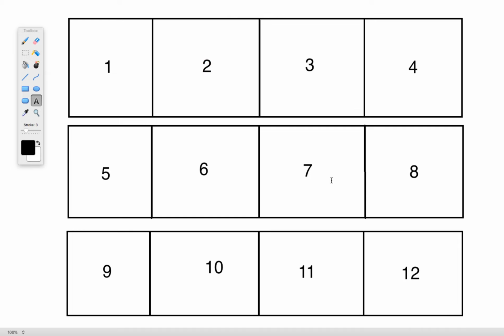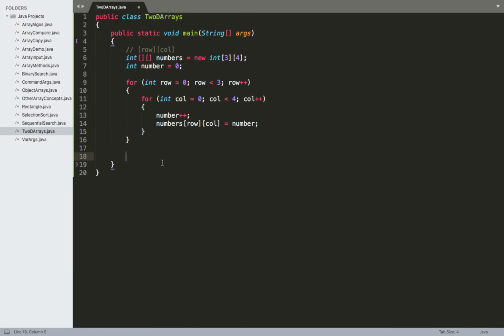Okay. Alright, so the next thing I want to do, since we're going to set up that print statement, is set it up so that it prints out the values in basically the same sequence as we have right here, where we print out the numbers 1 through 4 on their own line. We'll then print out the numbers 5 through 8 on the next line, and then the numbers 9 through 12 on the third line. So we're going to take this nested set of for loops that we have right here,